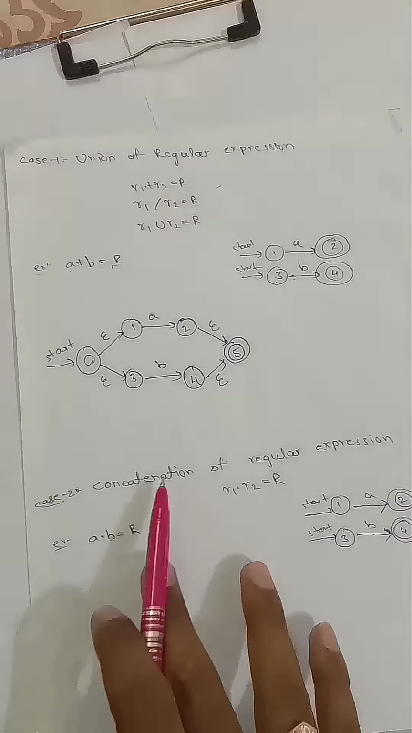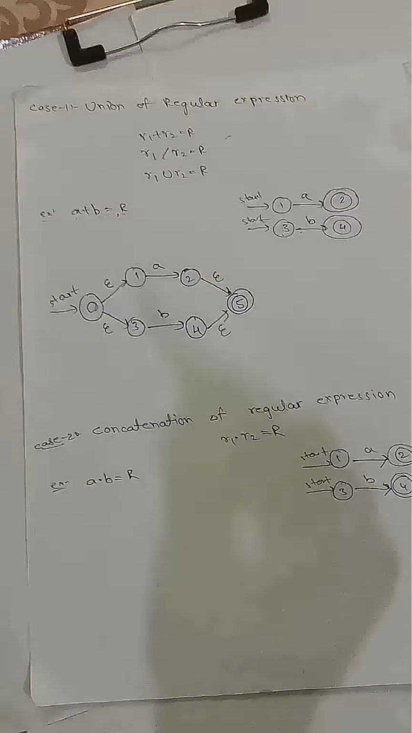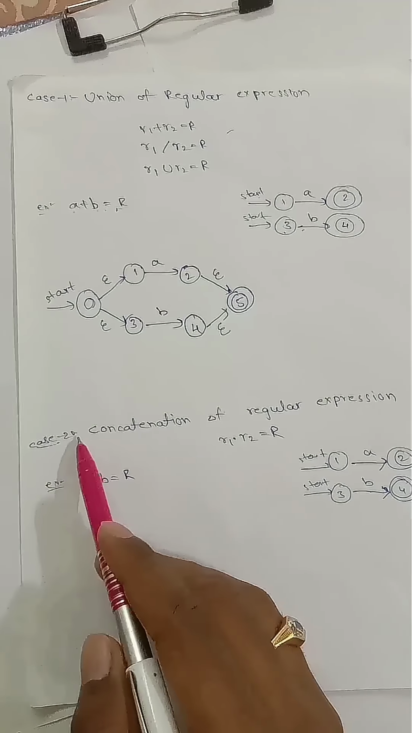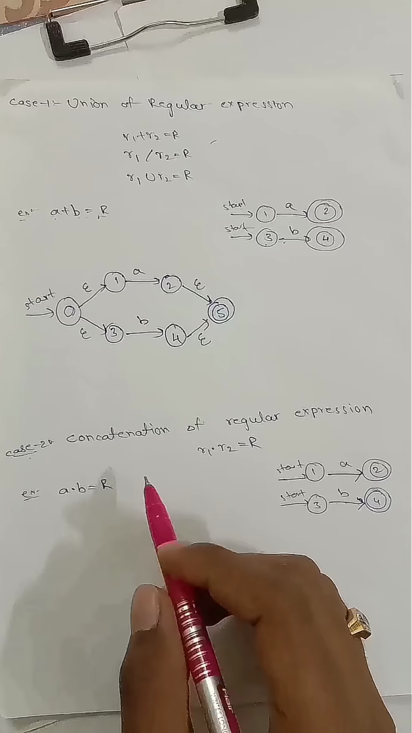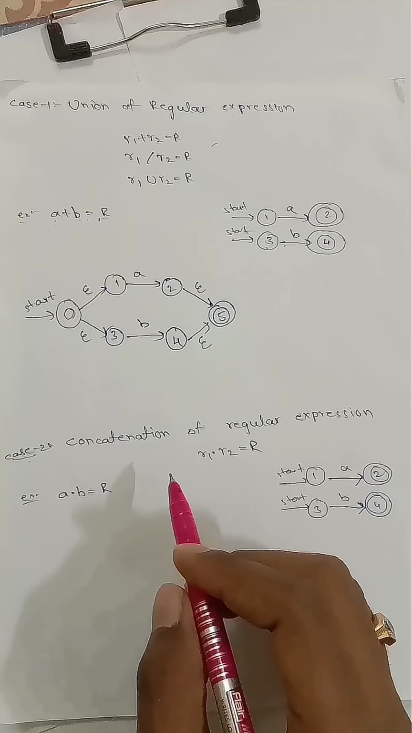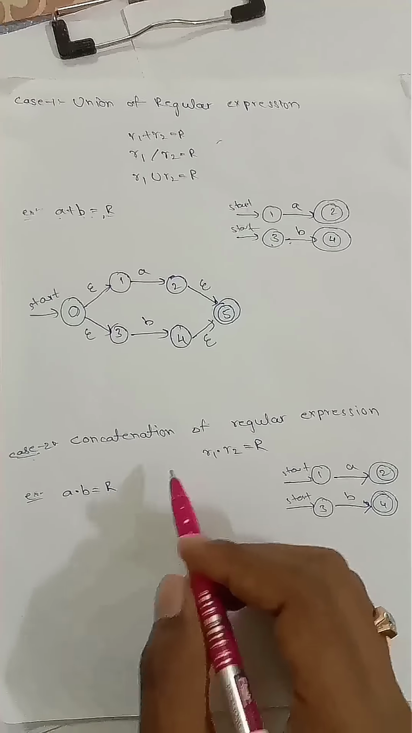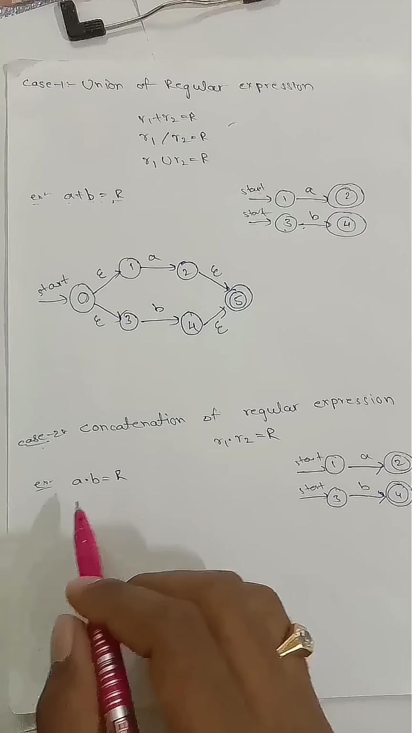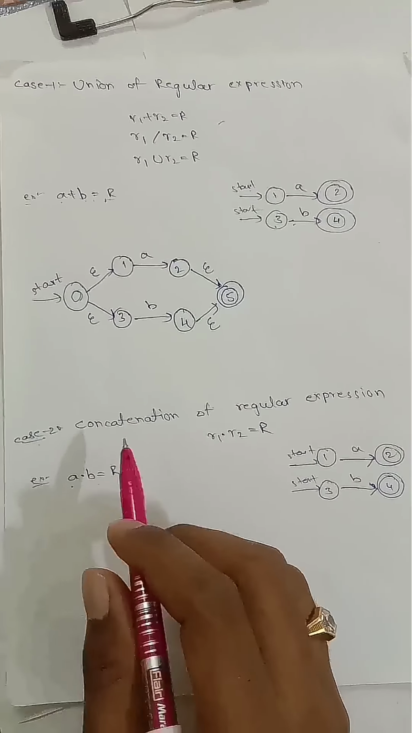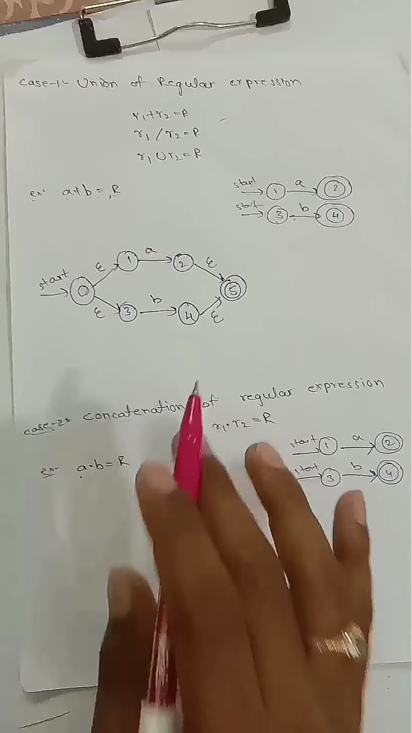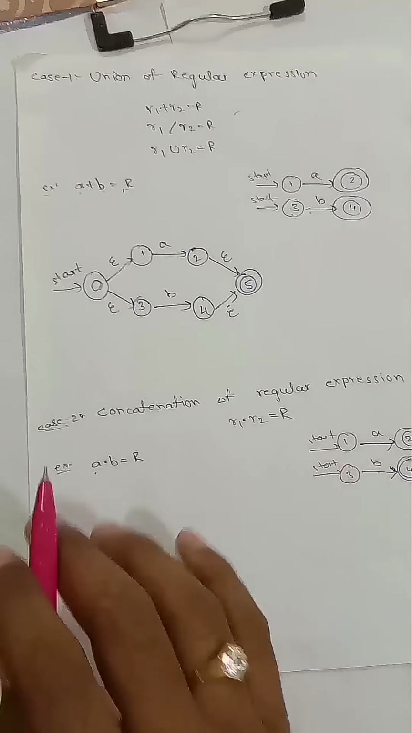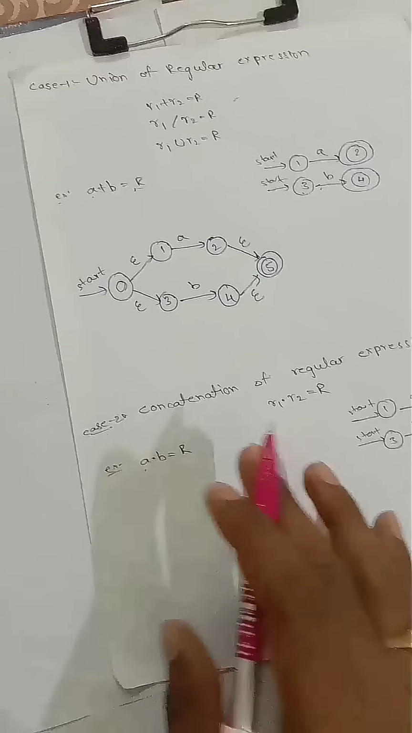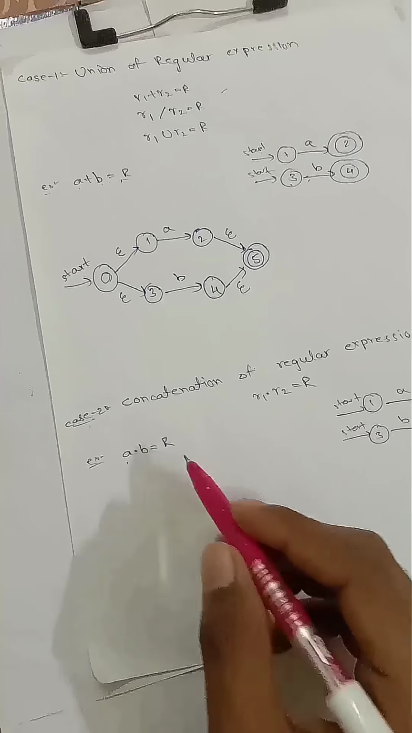In the same way, let us move on to case 2, concatenation of regular expressions. In this also, let us consider R is a regular expression of the concatenation of regular expressions A and B. Here also, first draw automata for A and B separately. Now let us draw the automata for R,